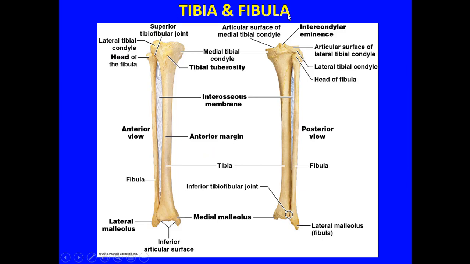Now we get down to the tibia and the fibula. Okay, first off, real simple. Tibia is the bigger bone, fibula is the smaller one. Because they're next to each other, again, to stabilize them, you're going to have this interosseous membrane right here. I'm going to work with, of course, first what would be basically